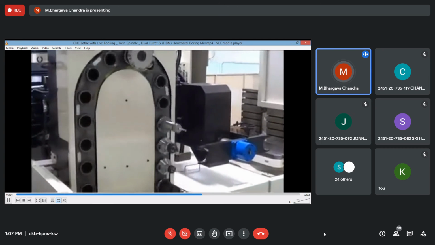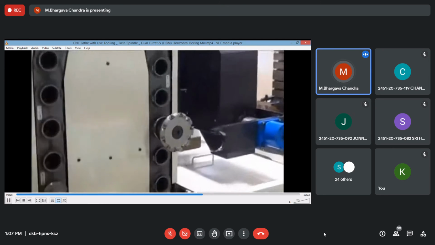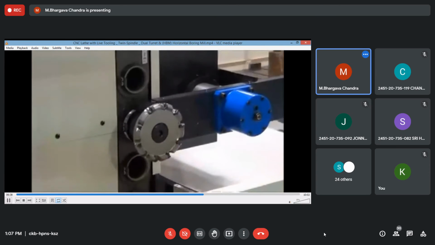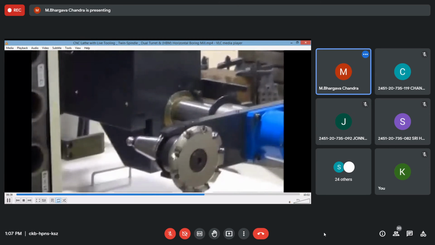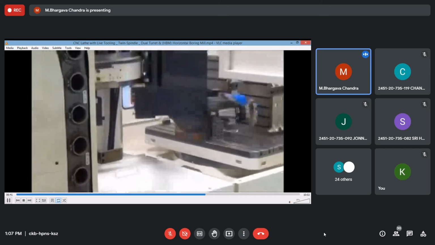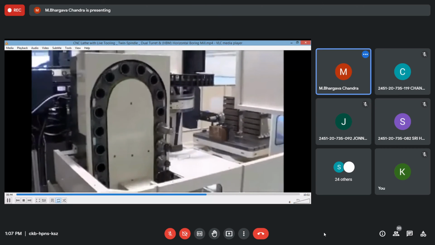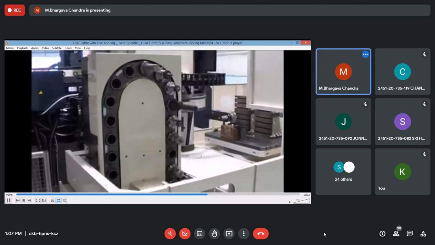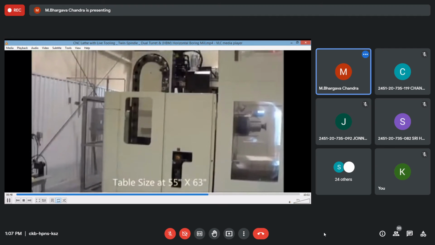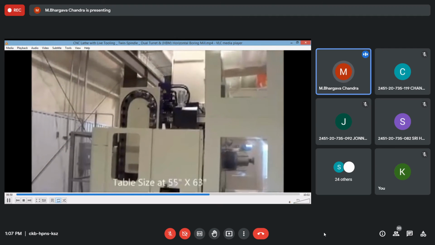You can see different types of tool bits mounted on a rotating holder. As per the operations, the tool bit will be selected.